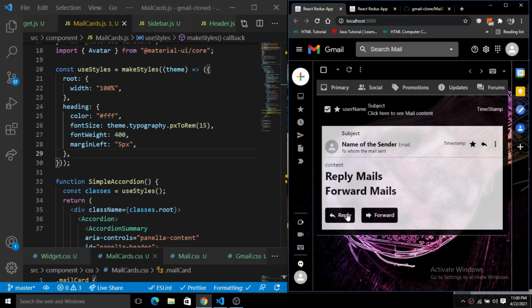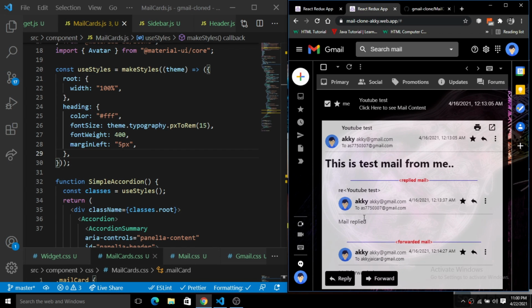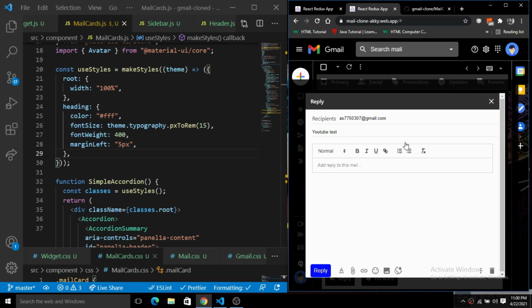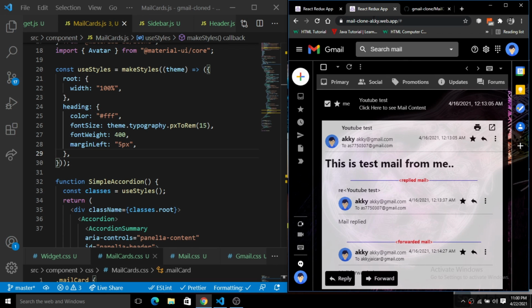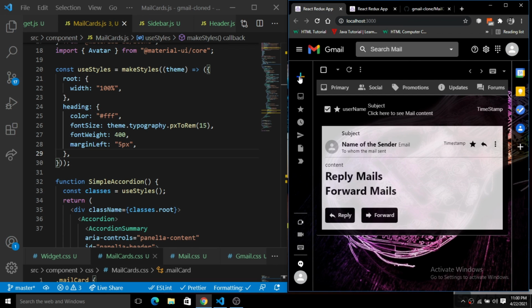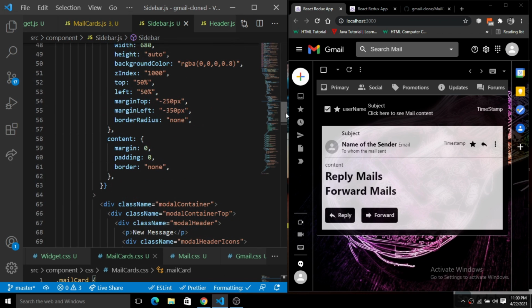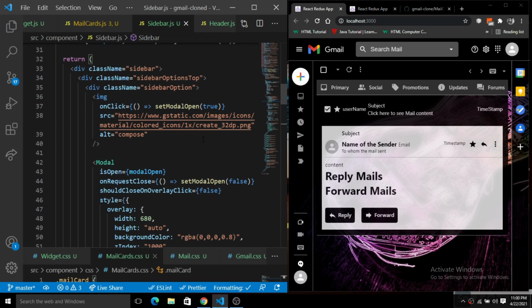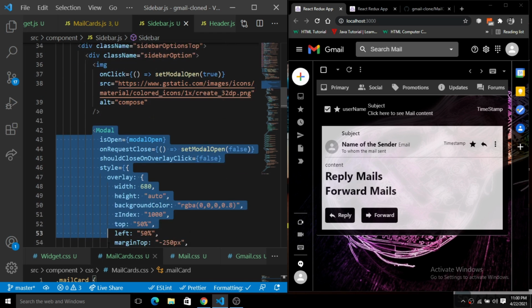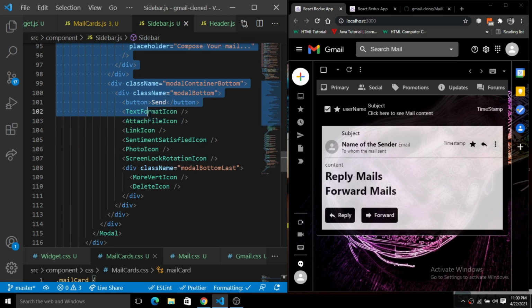You can see here in the deployed version, when I click on this reply, we have this reply modal pop-up. Here we have already created a modal in our sidebar.js. So we will simply grab the same modal from the sidebar.js and use it there also.